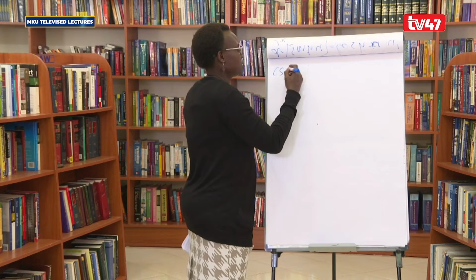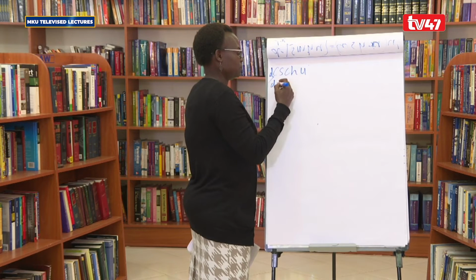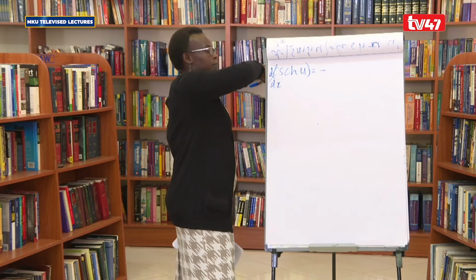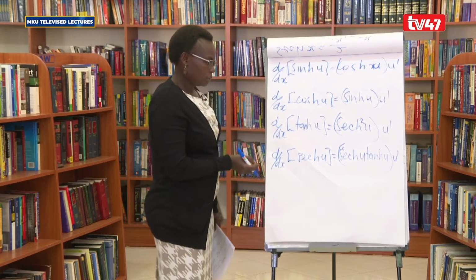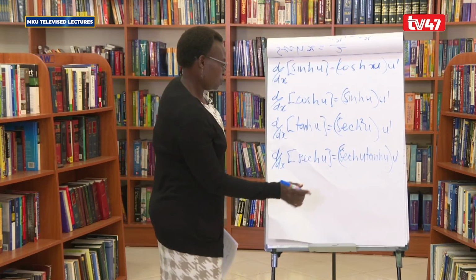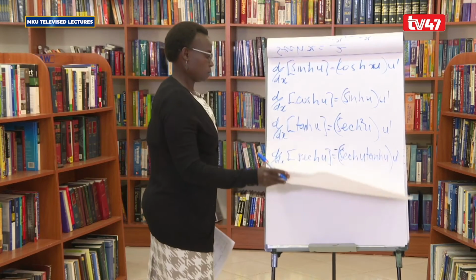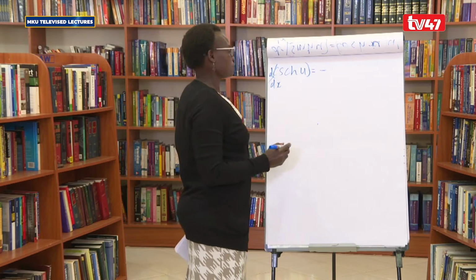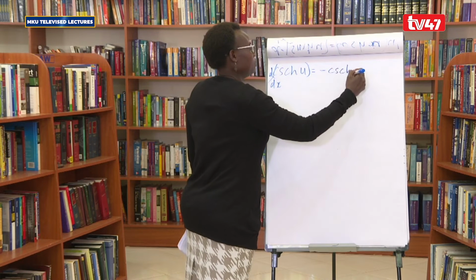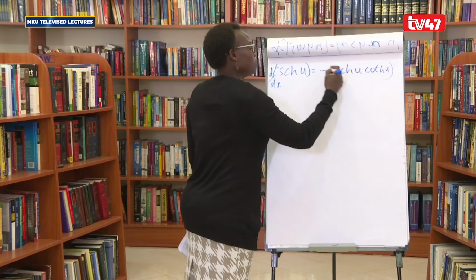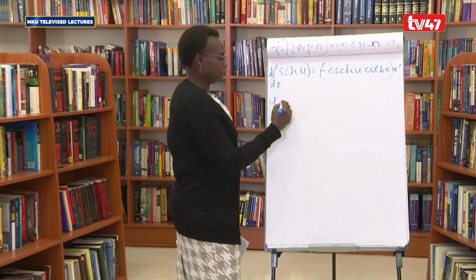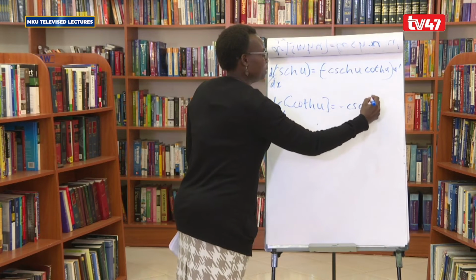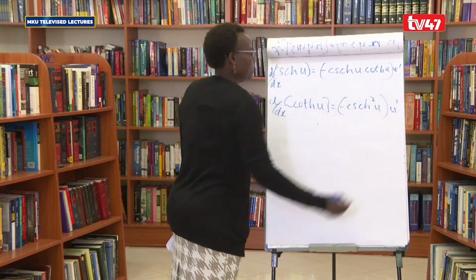And then cosec hyperbolic u, the derivative of this will give us negative cosec hyperbolic u cot hyperbolic u, u bar, and then the last one, the derivative of cot hyperbolic u is negative cosec hyperbolic squared u, u bar. Okay,